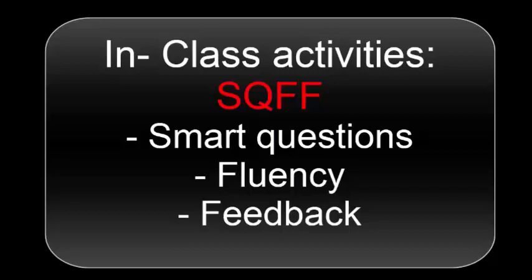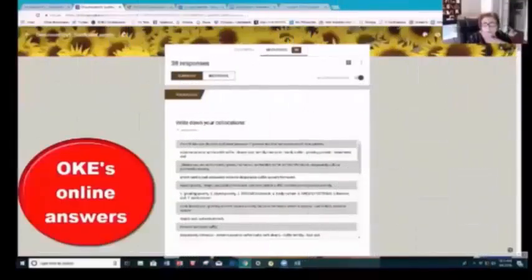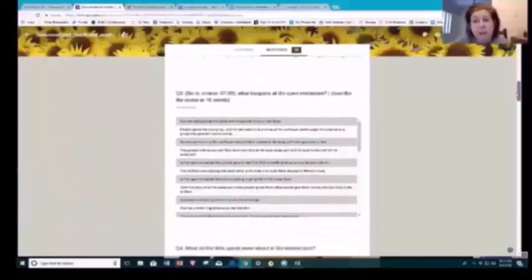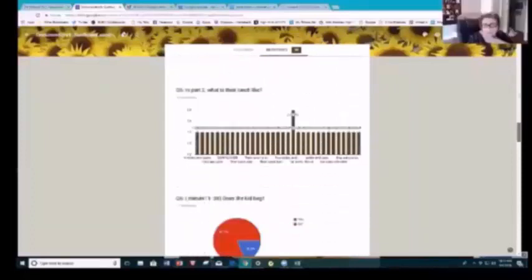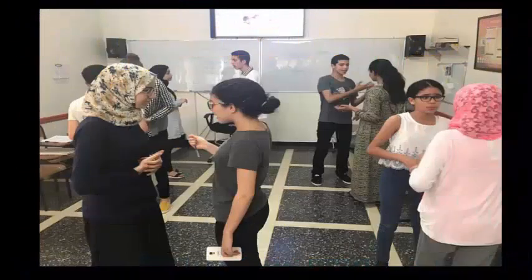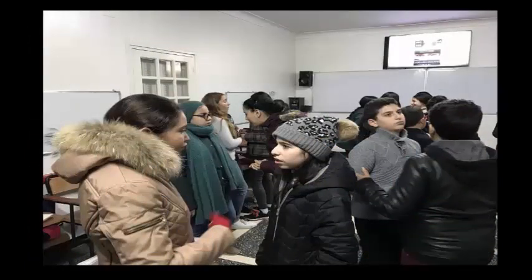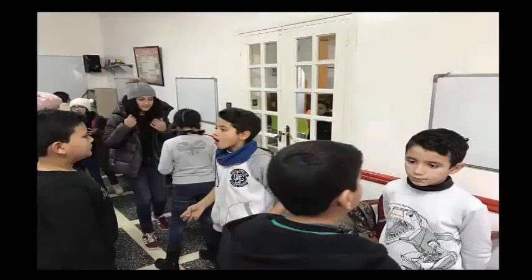After the SHAC activity, which stands for sharing, helping, asking, and commenting, we have three very important activities. First, smart questions. The teacher selects the best questions that the students prepare in the individual space. Then in pairs or teams of three, we try to answer the different questions in turn for about 7 minutes. This activity builds both fluency and critical thinking.